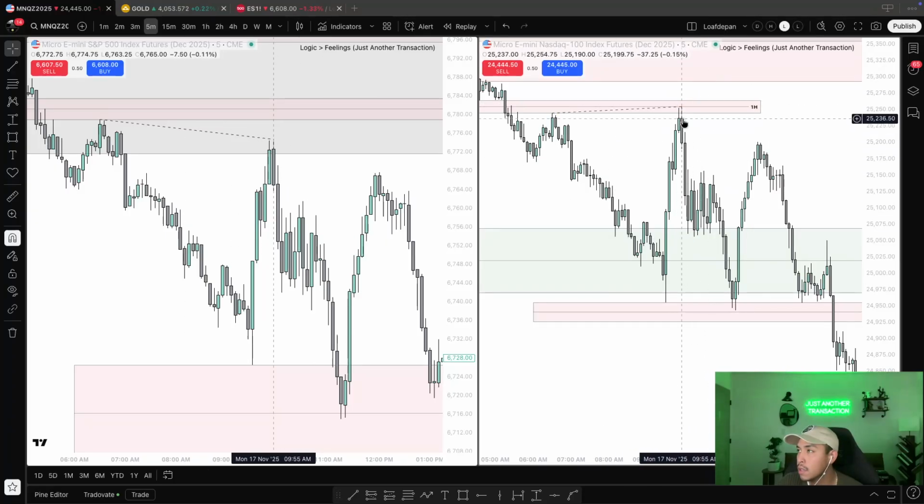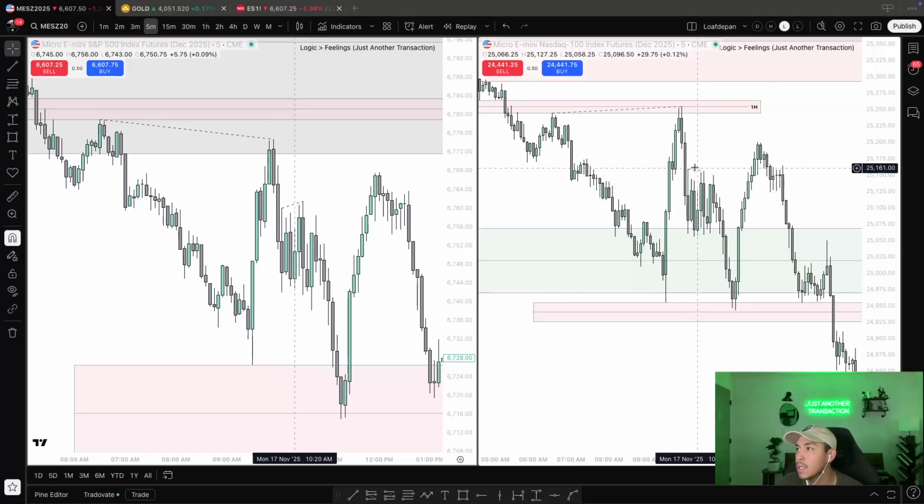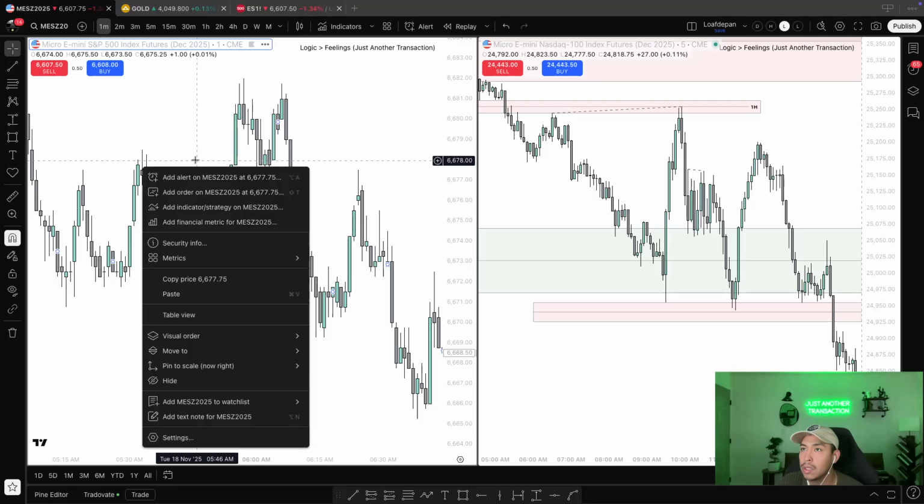You have this inefficiency to the downside. And we also have another SMT here. So I paid attention to this on my backtesting session, but not during the live. So notice how ES comes into it and then NQ does not. This PD array SMT is incredibly crucial because after we sweep all this liquidity inside of this 5-minute, we have a massive displacement, right? So after that displacement, I can start seeking an entry.